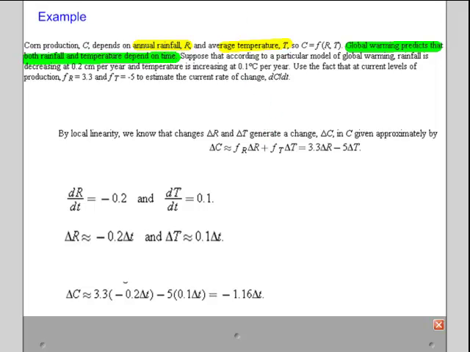So imagine that we have the following information, that rainfall is decreasing at the rate of 0.2 centimeters per year, and that temperature is increasing at 0.1 centimeters per year. What we want to do is, given that, find